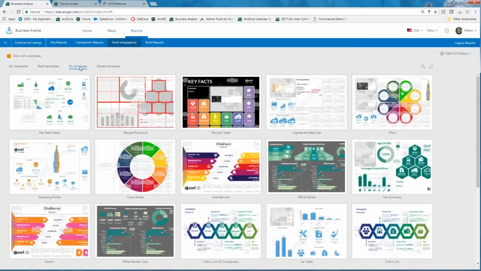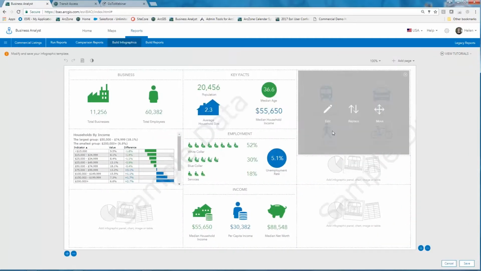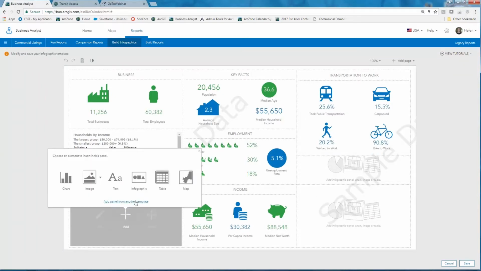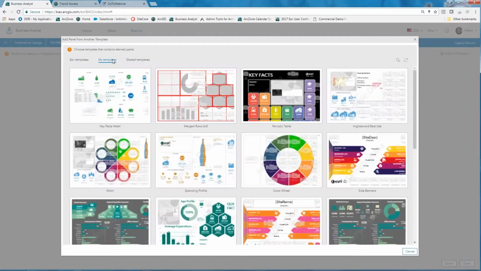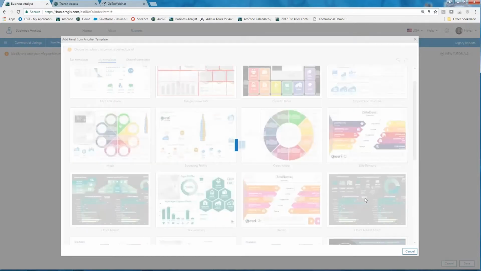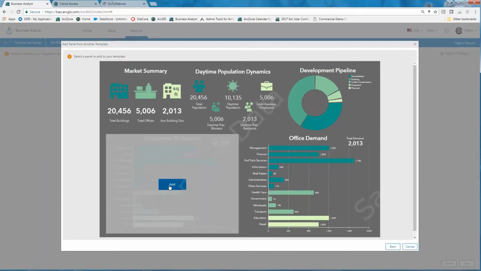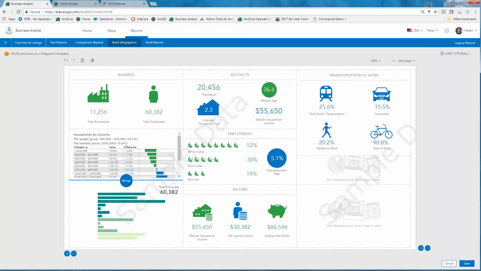So if I go back to my template, one of the things that I might want to do is fill in those blanks. In this case, what I'm going to do is not go to the Esri templates, but go to templates that I've created. So I'm going to look inside here, and now all of the work that I've done, I can start copying and pasting from these different panels. So I have one here where I'm looking at employment characteristics, so employees by industry, and I can just grab this and it's automatically put inside,